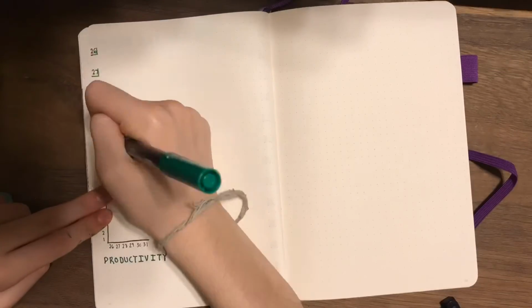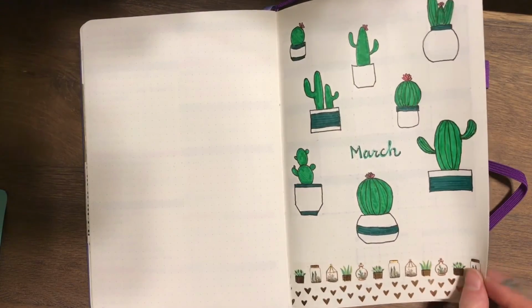And right here, I think the people that I was babysitting were coming along. So here's just a flip through of my month